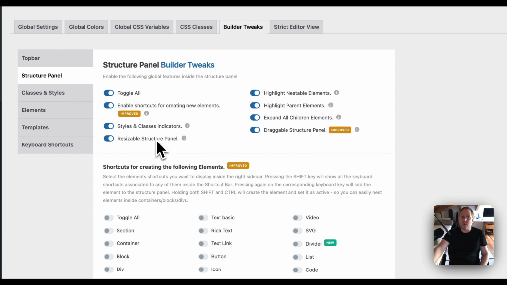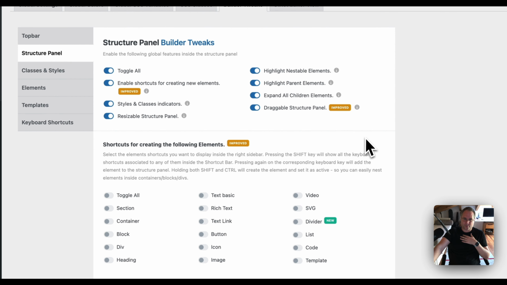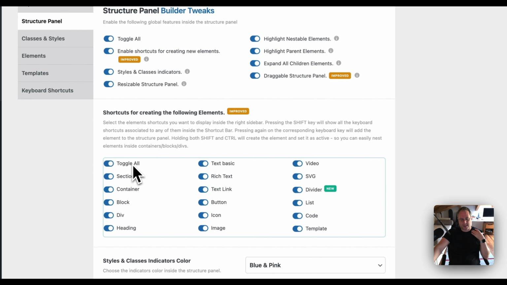Resizable structure panel, really useful too. Highlight nestable elements, why not? Highlight parent elements, why not? Expand all collapsed elements, really useful. And draggable structure panel, really useful as well. I'm not describing, of course, every single trick because this video would be long, like 5 hours. I'm just recommending the tweaks that I would keep toggled on from the start. I would select all the shortcuts,